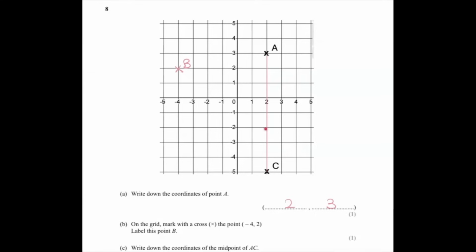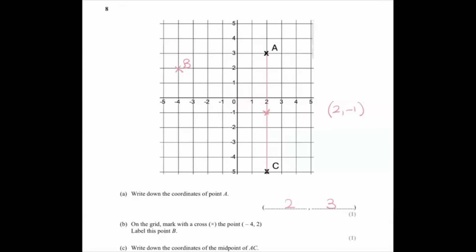We've got 1, 2, 3, 4, 5, 6, 7, 8. So I want to be 4 in, which puts me here, giving me a midpoint of 2, -1. Now, the reason I've given all the extra information about maybe measuring the line and getting your midpoint that way is because it's not guaranteed that you'll get a vertical or a horizontal. And if you get a line that's on a diagonal, it can be a lot harder to work out where